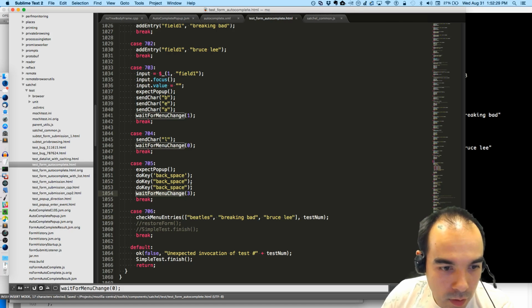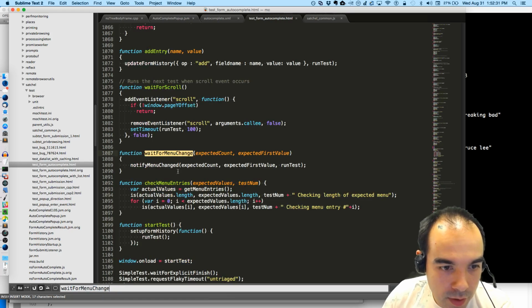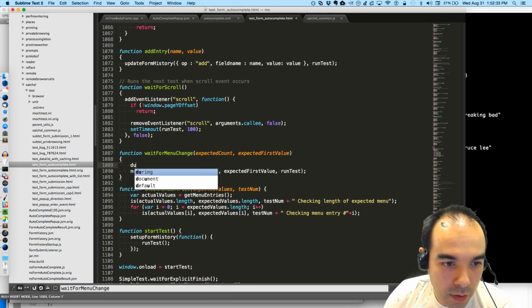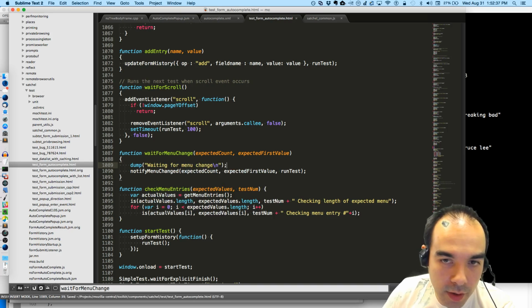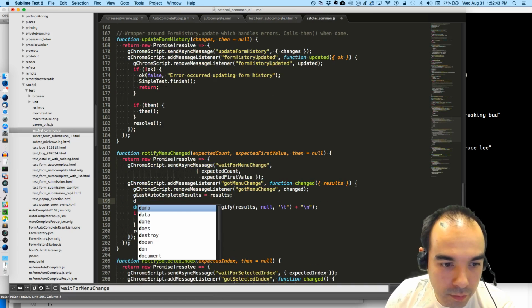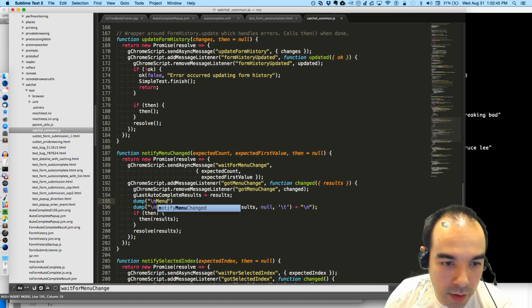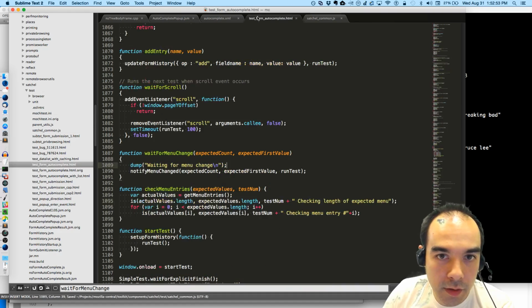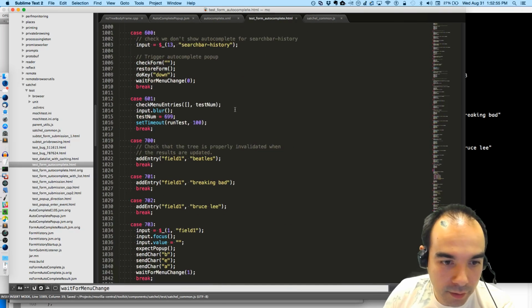So, wait for menu change. Dump waiting for menu change, and then menu changed. Menu changed with, and then it's just logging.